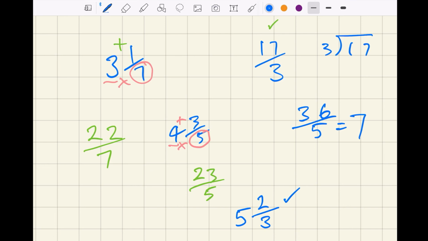7 5s are 35, but the number we want is 36. How do we get to 36 from 35? Well, it's remainder 1 over the denominator stays the same. So 7 1/5. So that's a little bit of a deeper dive into the concept behind mixed numbers and improper fractions. If you can remember the process for doing them, then you really don't necessarily need to understand the concept,